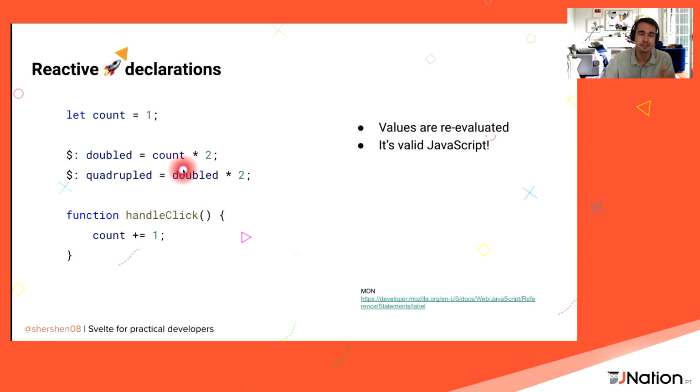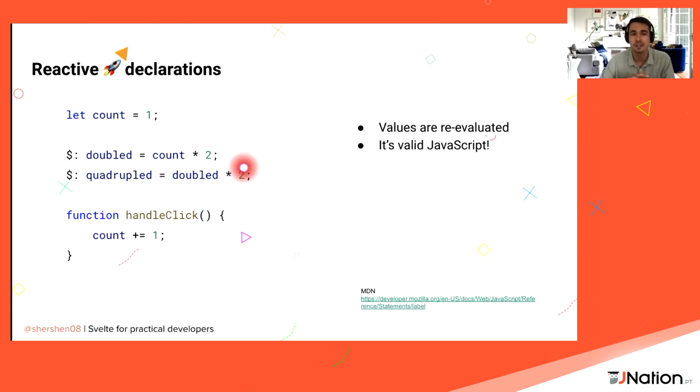Moving on, this is really cool stuff. If people see something like this, they say, yeah, it's like jQuery or PHP, or what is that? It's actually a valid JavaScript notation. You can Google for label statements, and this is the way you can mark a certain statement with a kind of name. It didn't get much attention in the JavaScript community, so Rich took it as an opportunity to reuse it as a special syntax in